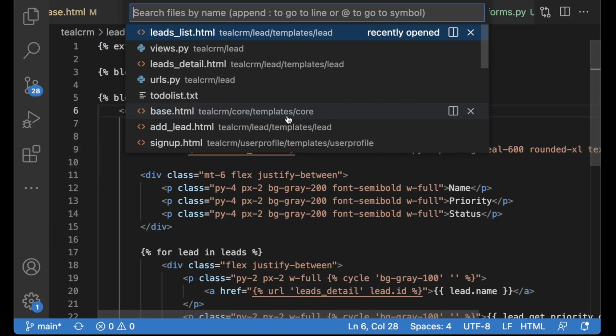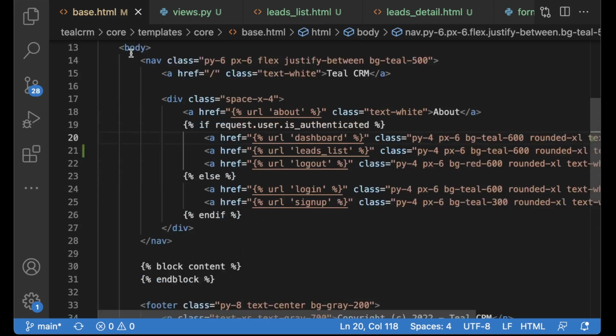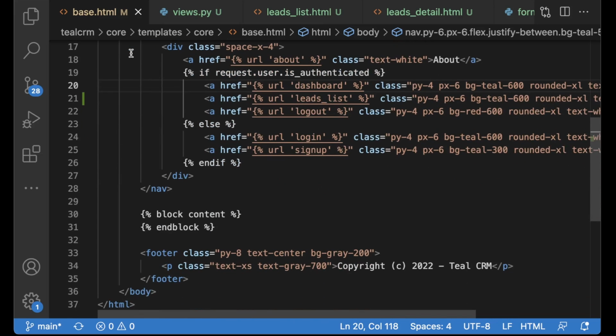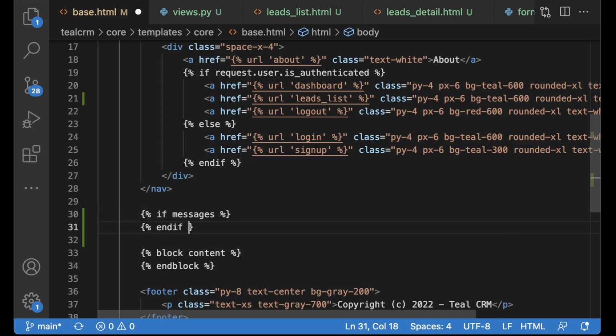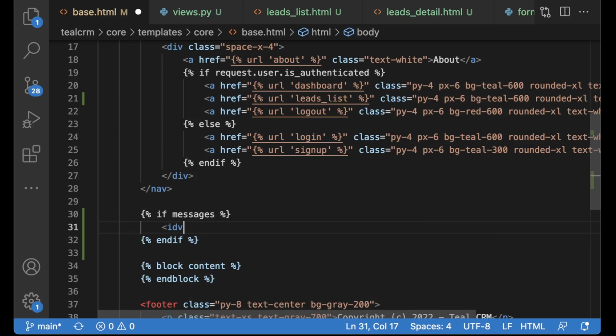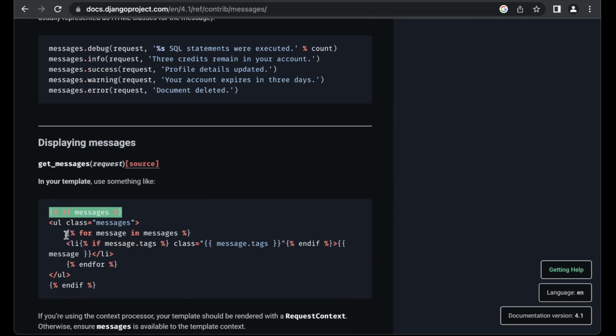So just copy this, go back to leads list. And when I think about it, the messages should probably be here inside the base.html, because we probably want to show messages in different places. So here we can check if there are messages in the session, and then div class py6 and px6. And then in here we want to loop through the available messages.